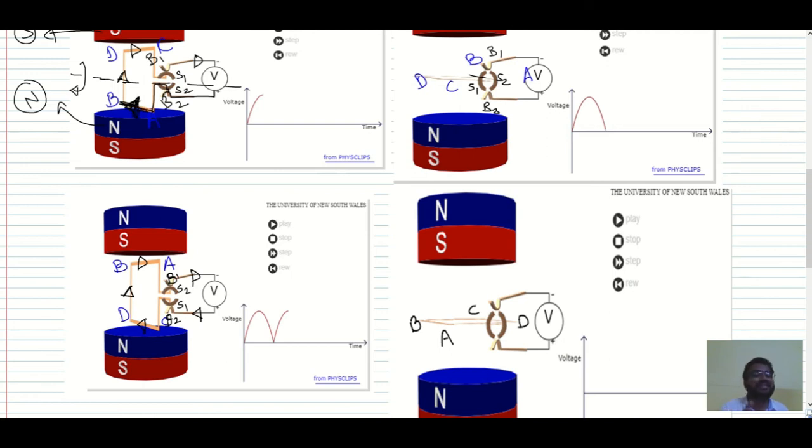So that indicates what? That indicates the force on AB, which is initially into the plane. Now it is out of the plane, as you can see over here, right? So into the plane, now it is out of the plane, and this coil will continue to rotate only in one direction.